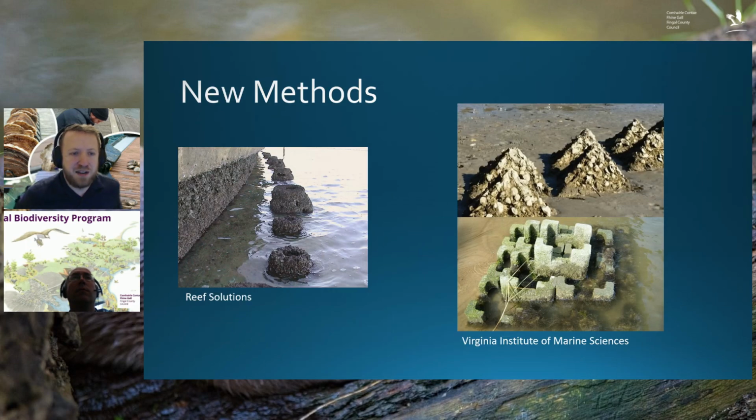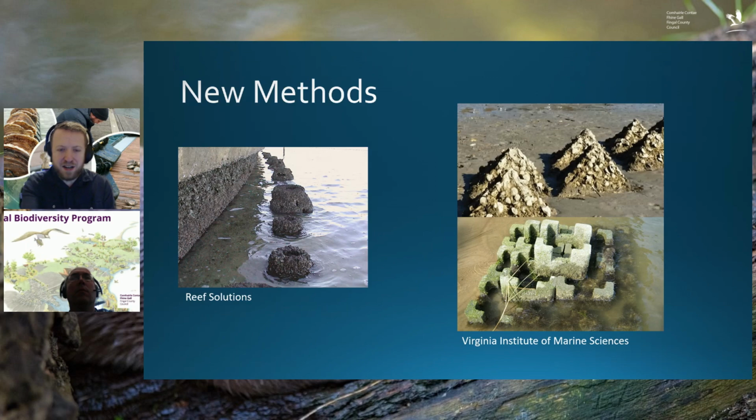Some newer methods, which are kind of a combination of the engineered solutions and nature-based solutions that the other students are working at. So I'm kind of combining some things from both, is creating what are called oyster castles. And these come in a variety of shapes and sizes. They're typically made out of cement or shell material, and then seeded with oysters to kind of create more of that three-dimensional structure along the coastline, and then gives them some protection from predators and gives a nice natural substrate to attract oyster larvae to start creating those reefs.